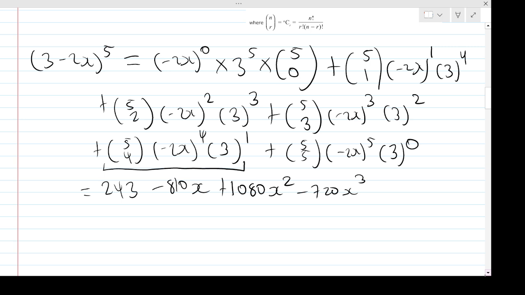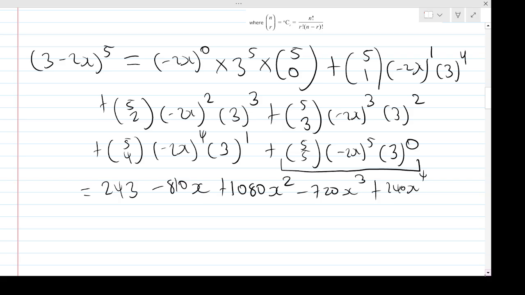Then we have this part here, so then we have 5 choose 4, which should be 5, and then minus 2x to the 4, well that's x to the 4, but minus 2 to the 4, and so that'd be 80 overall. Yes, okay, we have 80, then we times by 3, well 3 to the power 1 is just 3, so that would get us plus 240x to the 4, and then lastly